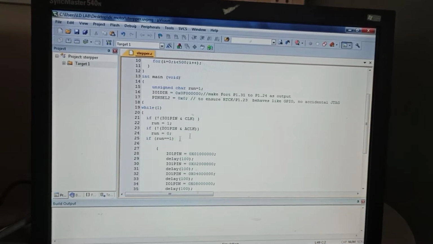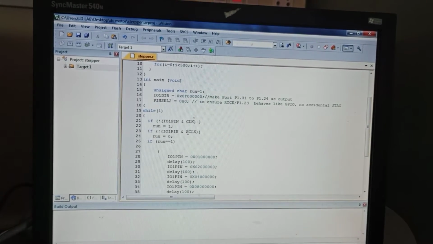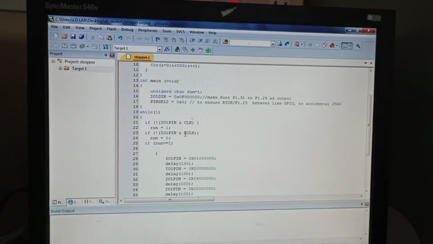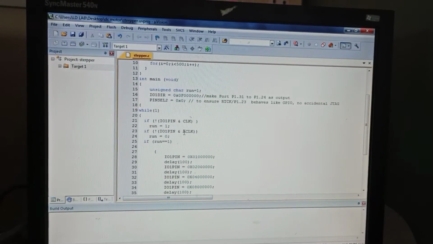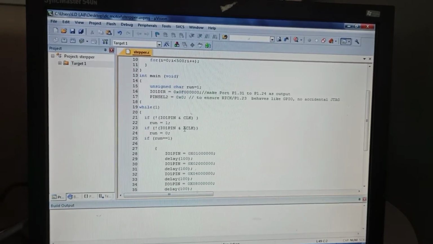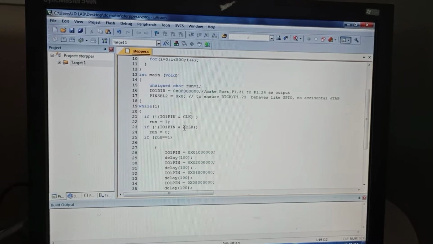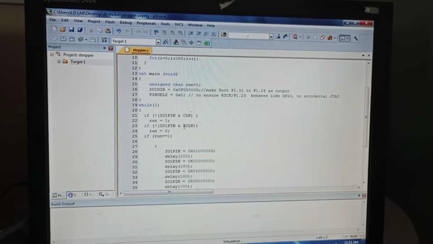So for this I am going to use port 1, pin numbers 24 to 31. Okay, it is going to complete 15 bits. So whenever I enable all the pins, it is going to use the direction, that will be the clockwise and anti-clockwise direction. Okay, the motor has to rotate.